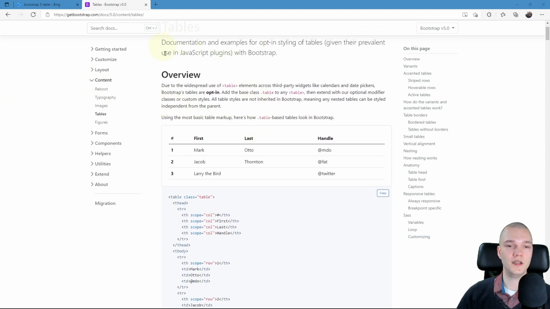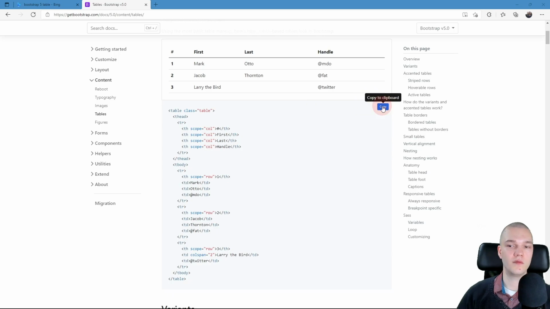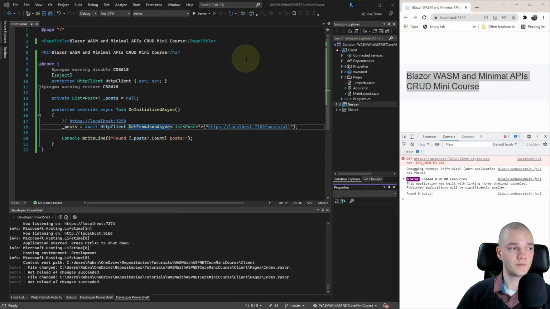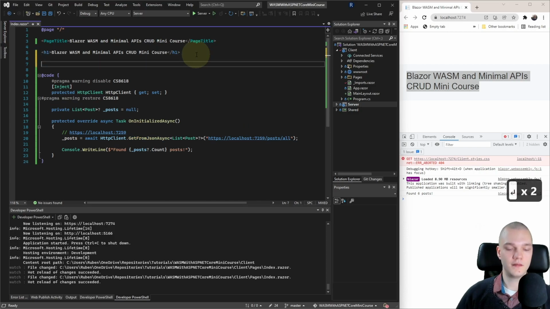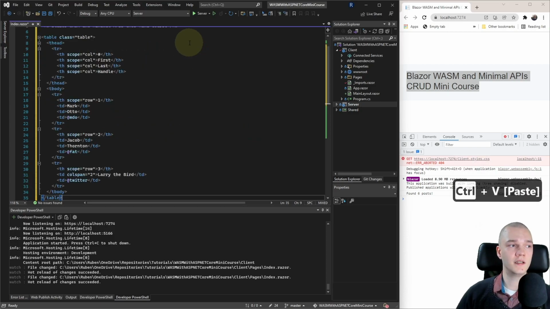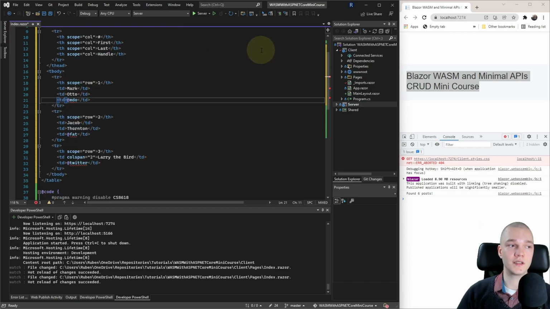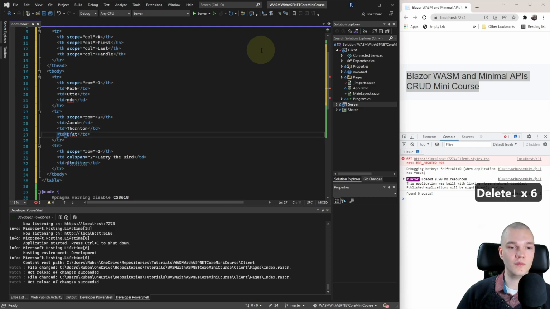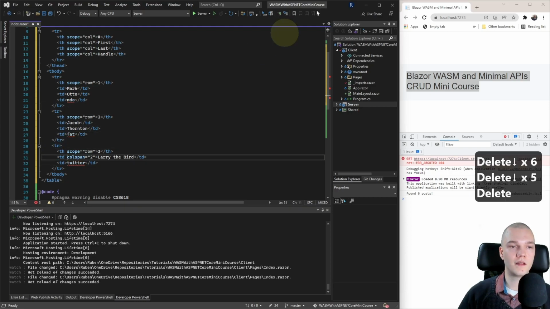I'll copy this first overview snippet with this little copy button and minimize Edge. And back in Visual Studio, I'll paste it below the H1. And we need to remove all the at signs because in Blazor those are directives. So I'm going to remove those and save.